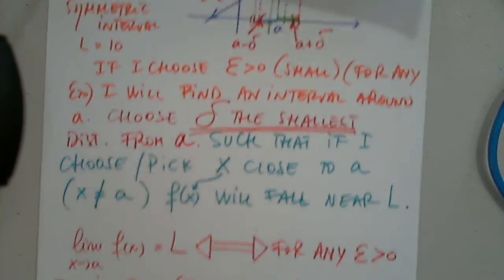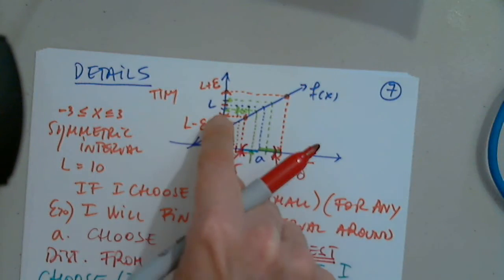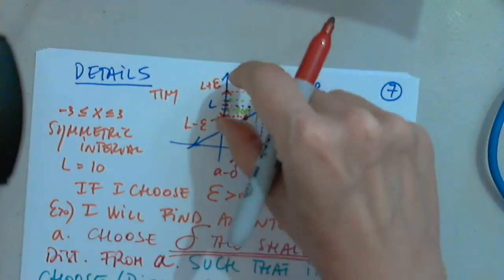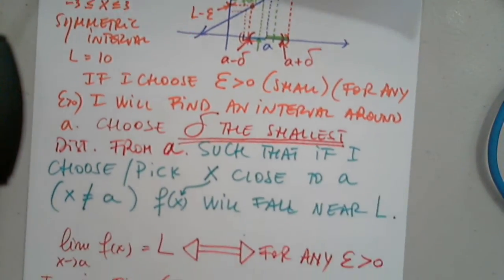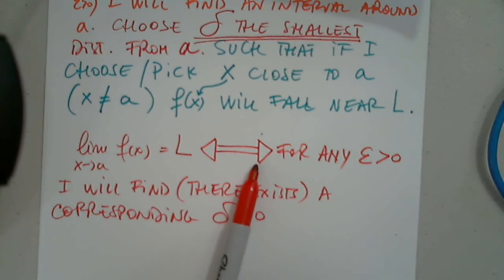So let's stop for a moment. For every epsilon, I'll find a corresponding delta. Delta depends on epsilon. If epsilon is this, delta will be this. If epsilon is this, then delta will be something else. So every delta depends on epsilon. So limit is L. It implies that for any epsilon positive, I will find, or there exists, a corresponding delta